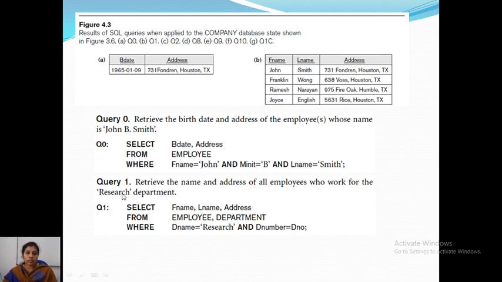Don't just write the condition according to this query. Here they have asked for research department. If you write just dname equal to research, then it will take the Cartesian product of employee and department, and on that it will apply dname equal to research.